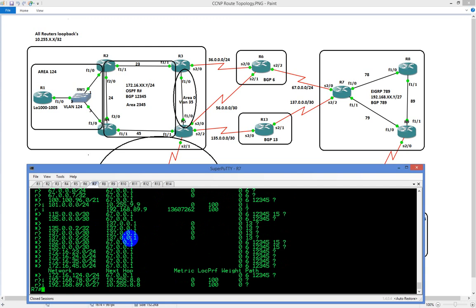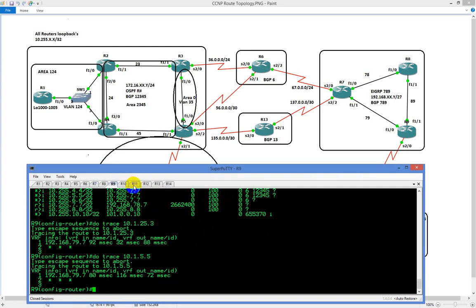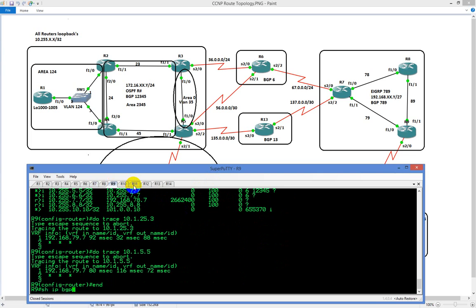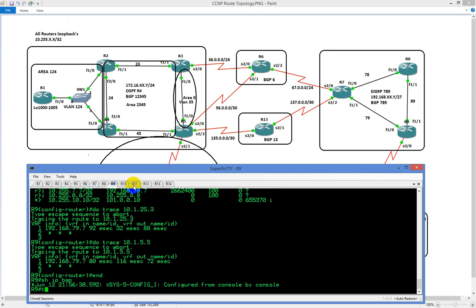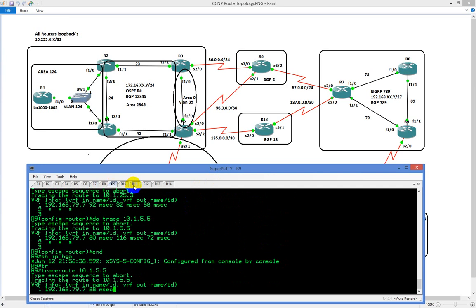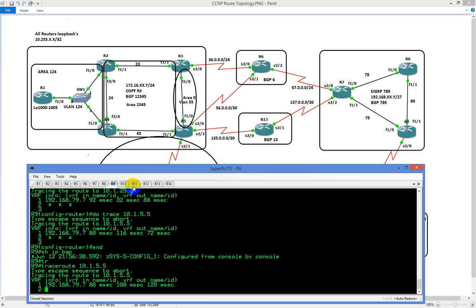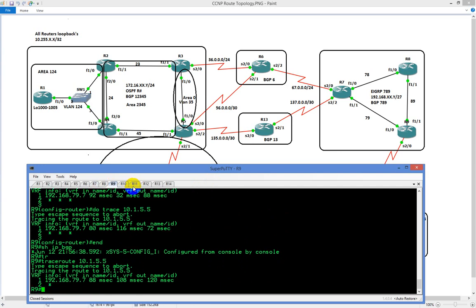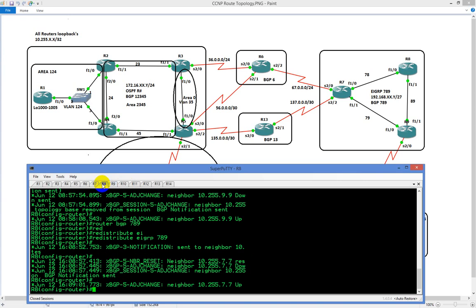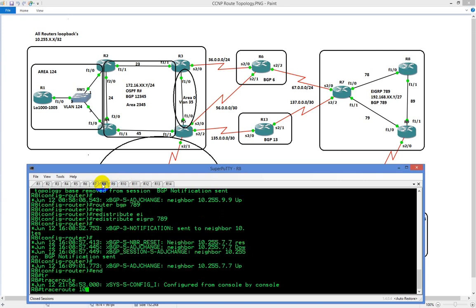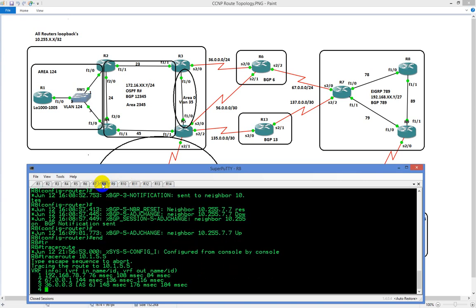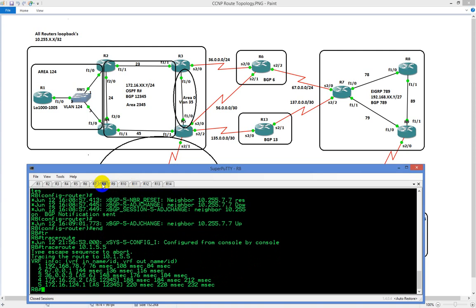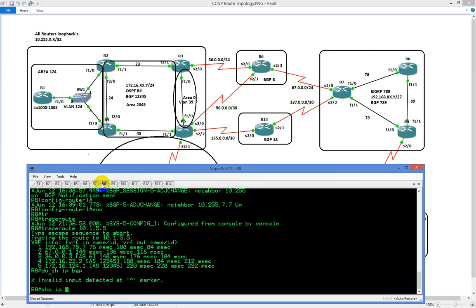So now, if we were to do a trace route from, say, 9, and do a trace route to 10.1.5.5. Why is that? We'll work on 8. Trace route to 10.1.5.5. Alright, so we have that. Now if we trace route to, do show IP BGP, show IP BGP,